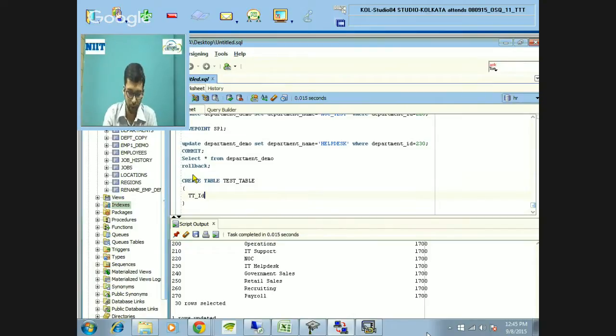TT ID will be what? Number, the size of, say, 3. So this is going to be the data type and this is going to be the size. And then comma,